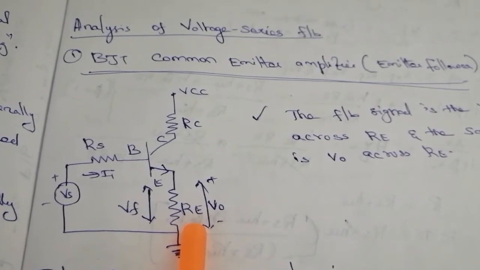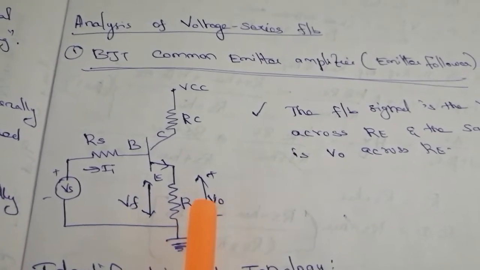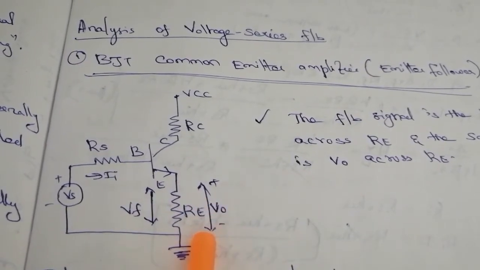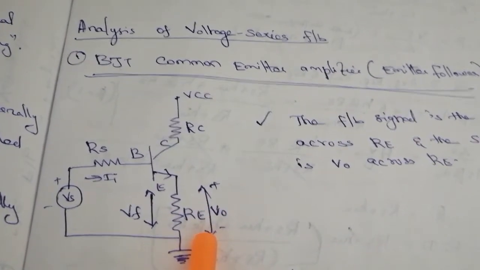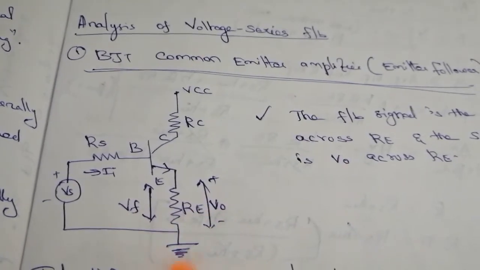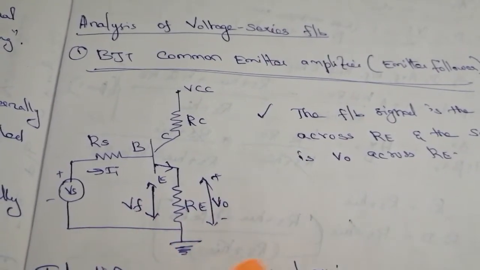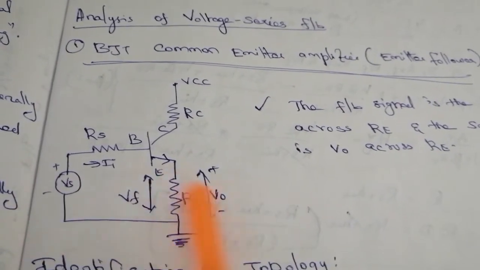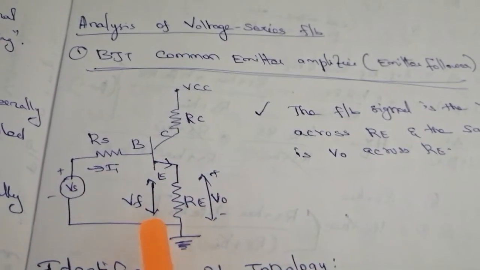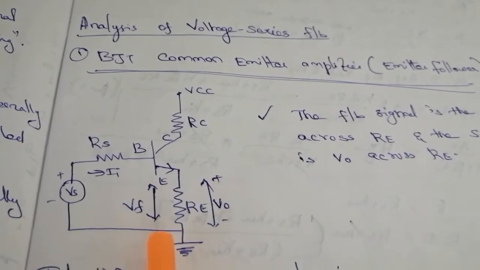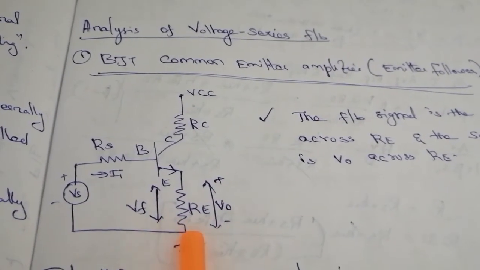Whereas in a current sampling, both the feedback signal as well as the output terminal are different. Then it's called a current sampling. In the next class, I will clear that current sampling, right? So is it clear? Voltage sampling means both the terminals, that is the output terminal as well as the feedback terminal, are the same terminal. It's called a voltage sampling.